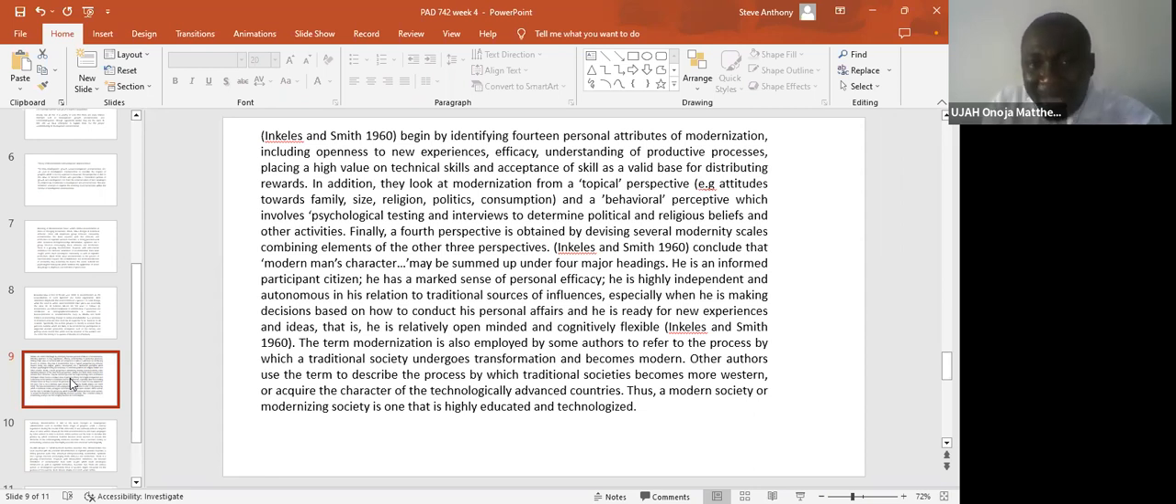He has a marked sense of personal efficacy. He is highly independent and autonomous in his relation to traditional sources of influence, especially when he is making decisions based on how to conduct his personal affairs, and he's ready for new experiences and ideas. But these values that he said are found within the individuals of a developed society are grossly lacking in the